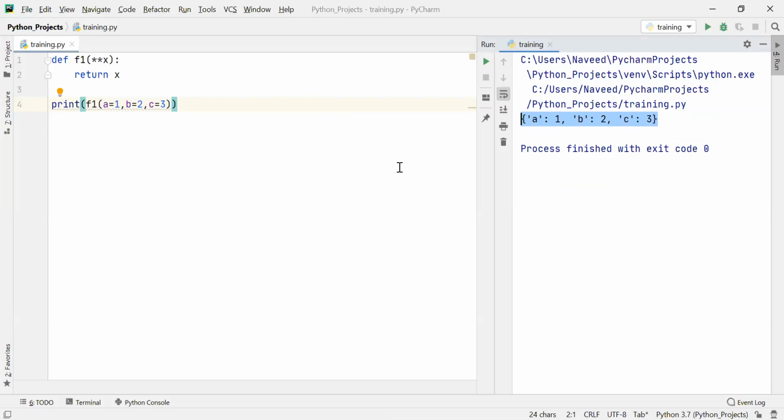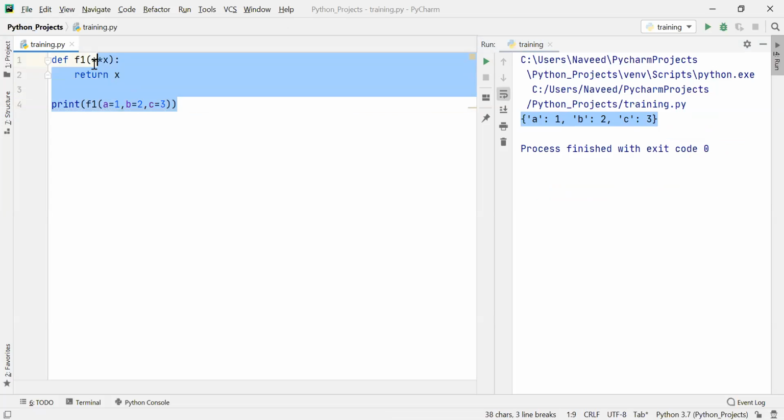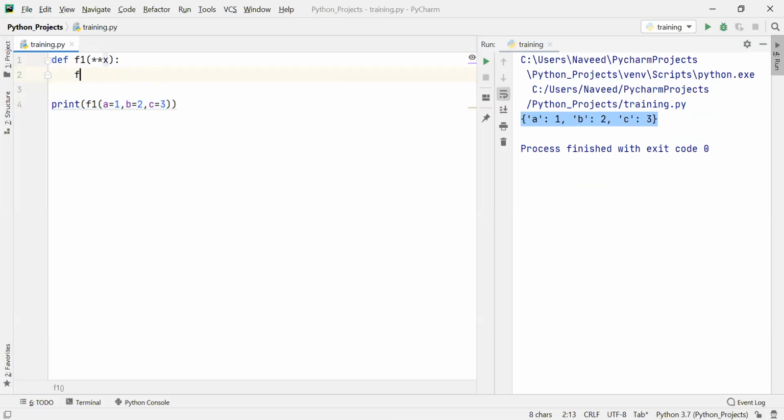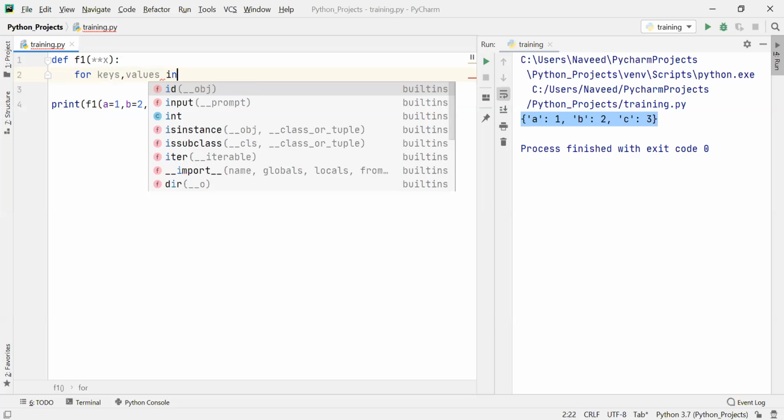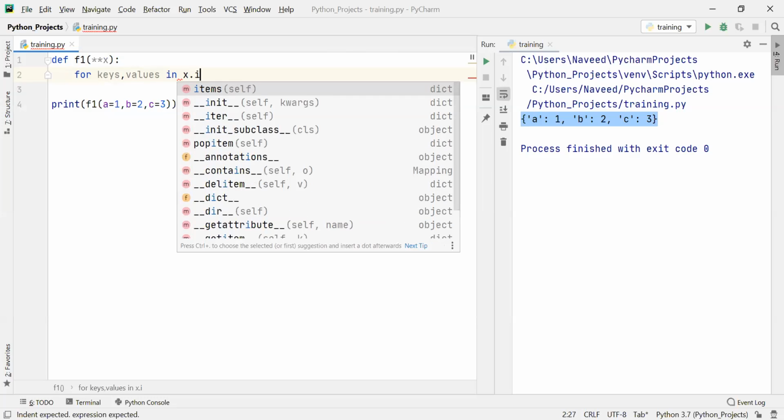So let me give you another value. Okay, so let's say I will give you def function is there, double star x is there. So what I can do, for keys comma values in x dot items.